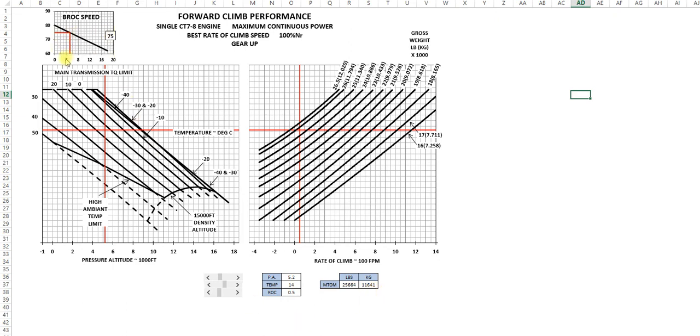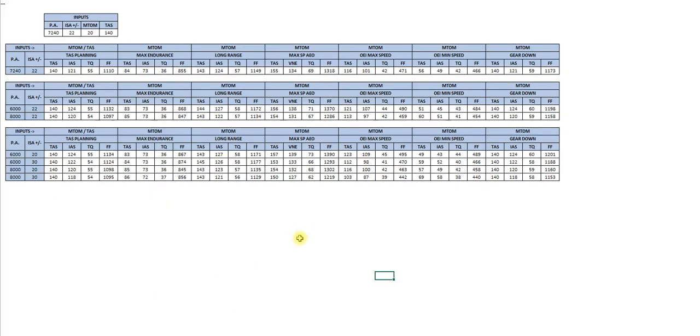The best rate of climb speed works as well, so as you make changes here, that speed will change, so you know what your best rate of climb speed is. I'll go to the front page of this. Okay, so